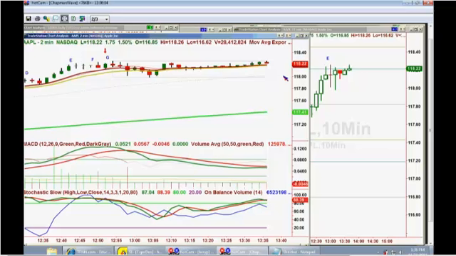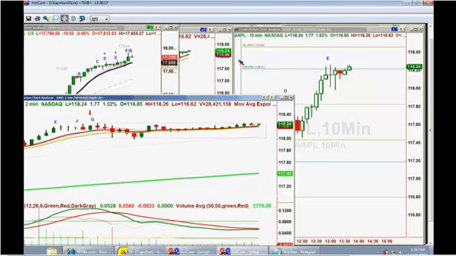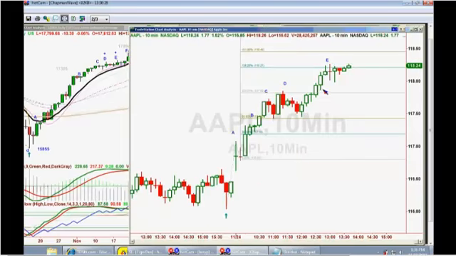All I can say is that I'm going to do my best to keep my subscribers apprised of exactly what I'm looking at, and I will be using all these different techniques. Now, here's another good question, and that question was, in the Apple 10-minute chart, how do I know that that is not an A instead of an E? And I thought that was a very good question, because